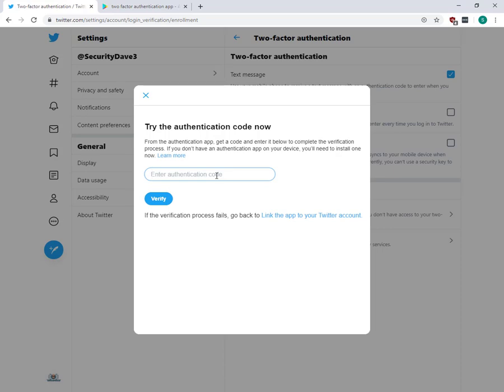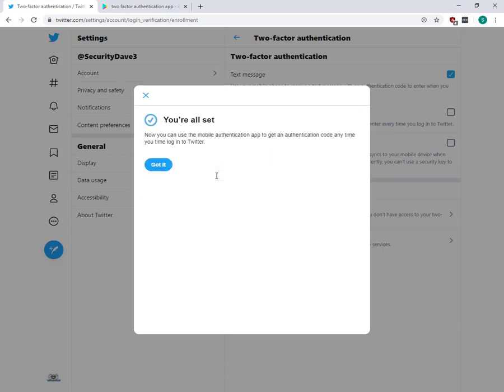That's your countdown for how long until a new code gets generated. So if you're near the end of a code, just wait for it to refresh and enter the code that's on the screen. So now it says, all right, we're all set, and we've got